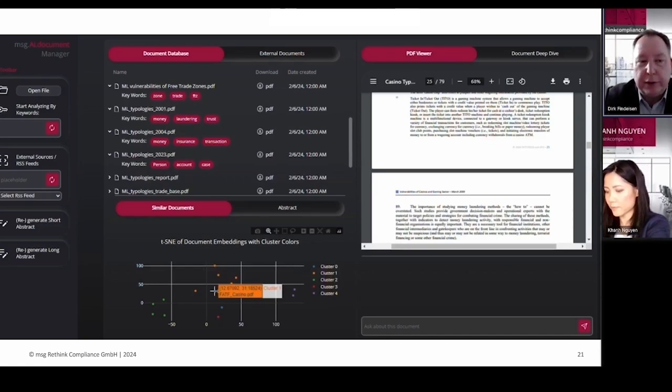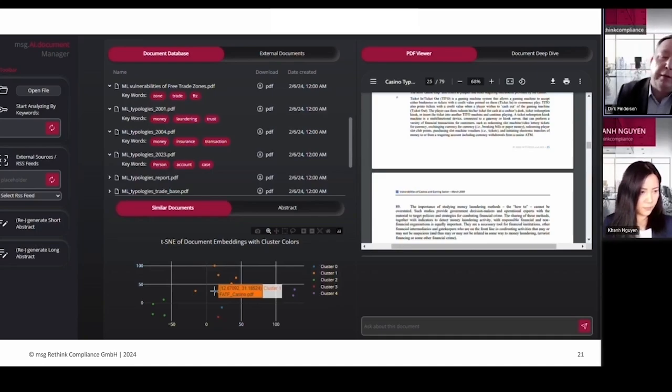What you can see here is one of our tool sets where we can feed in regulatory documents, guidelines, consultation papers, cases, and so on, so that we can provide you some insights on what's going on in the market from a regulatory perspective.